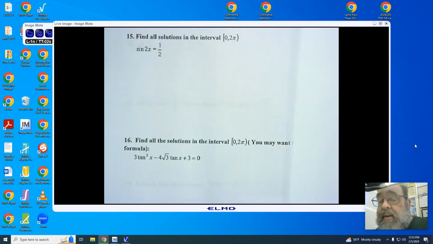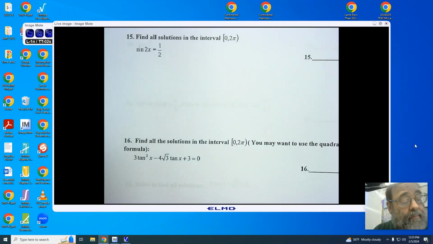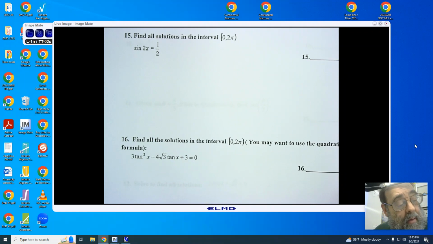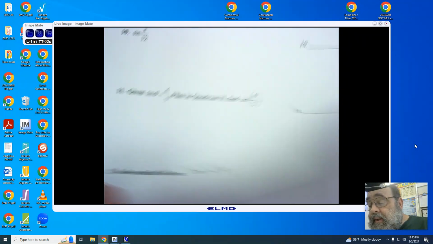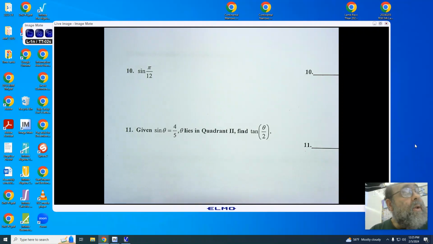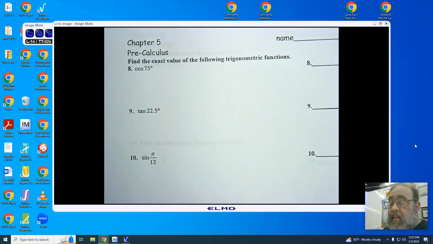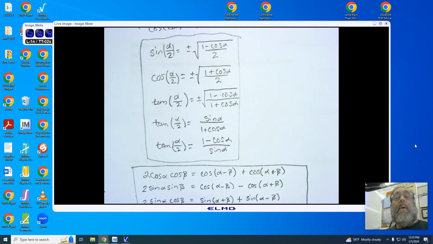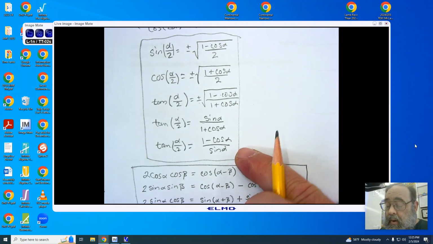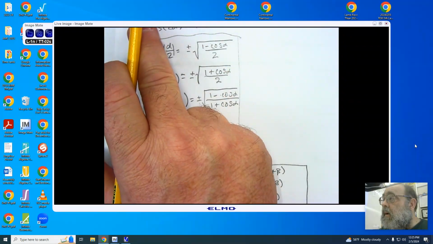Let's now take a look at the next page. Let's see, we want this one. Here we go. Now, when you're working with this, please be aware you will be given the set of formulas for the half angle and the product to sum, sum to product. So please be aware of that. If you don't have those formulas with you that are handy, you may want to take a moment and just write them down. Once again, these will be given to you. You are expected to know these here, and you are